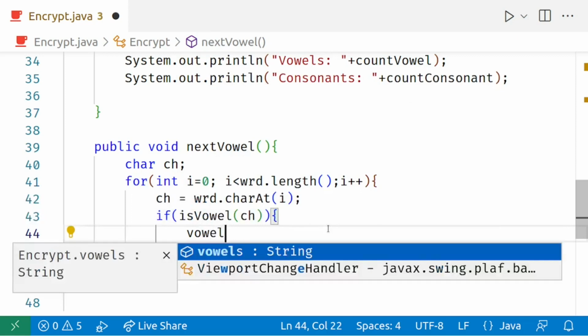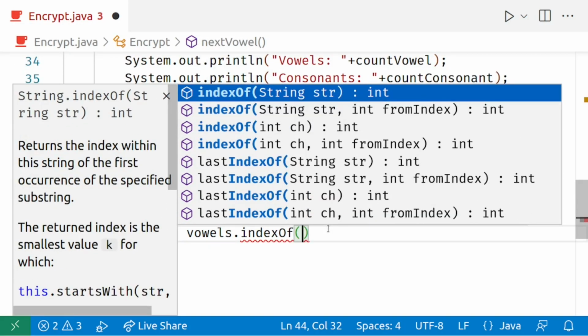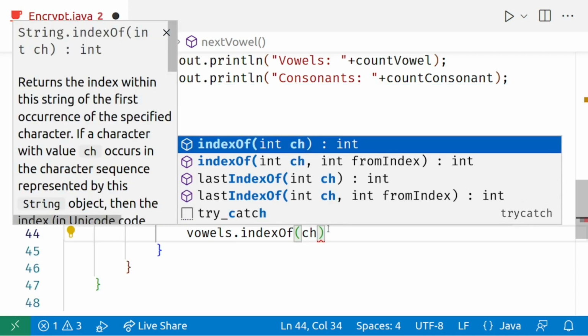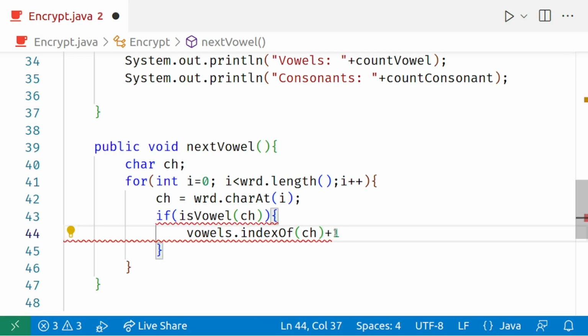So I'll say vowels dot index of, and then I'll find out where that character is in the list of vowels. Once we get that, I'll add +1 to it to get the next character, and once that is done,